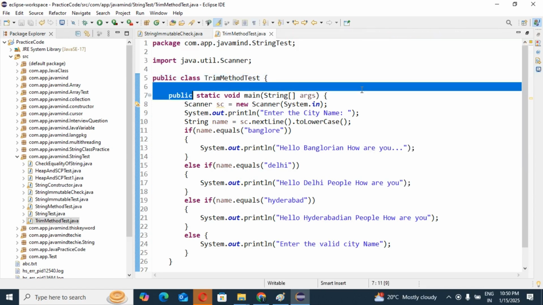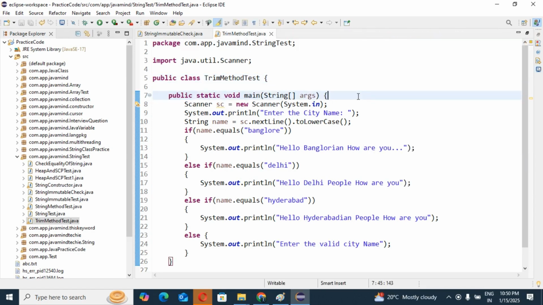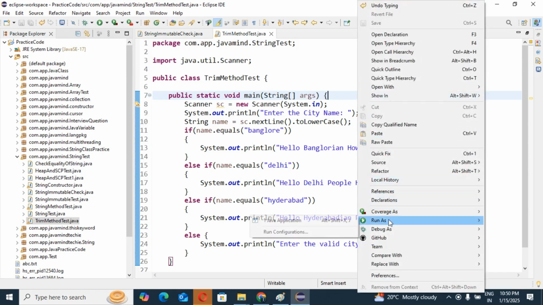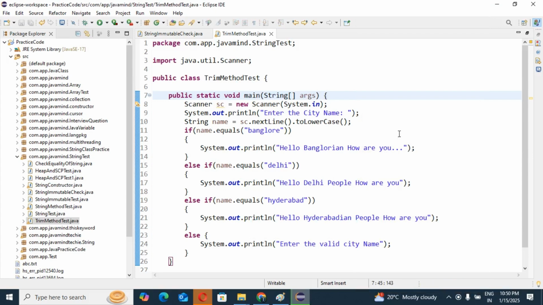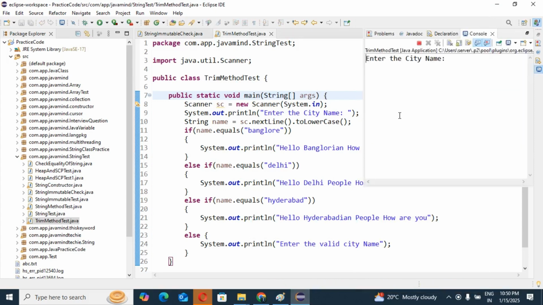Now I am going to show you another issue in this code. Let's observe what the issue is. I have run the application and I am going to write Bangalore. It says enter the valid city name.